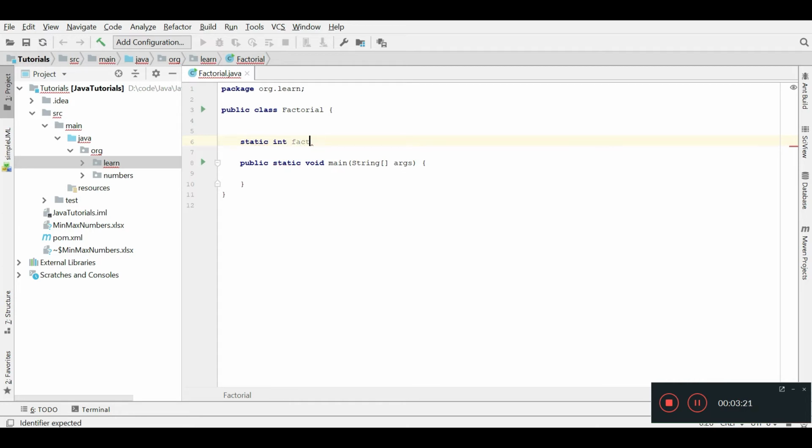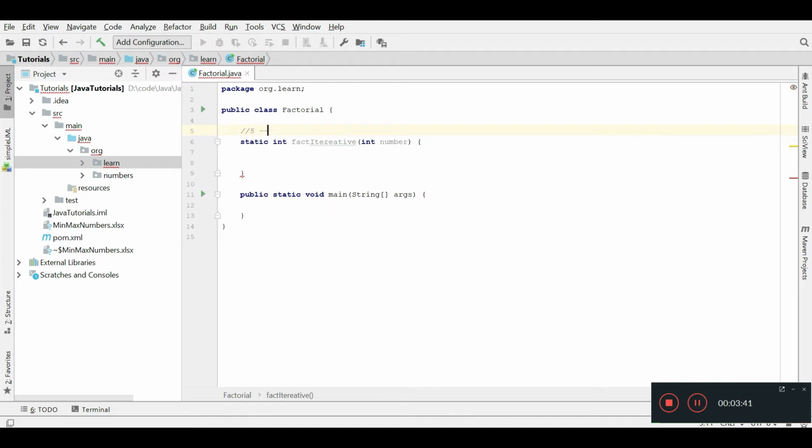Let's say I name it factIterative. It takes as input the number for which we would like to calculate the factorial, and it returns the factorial. Suppose the input is 5, it will return the output 120, which we just saw in the Excel sheet.